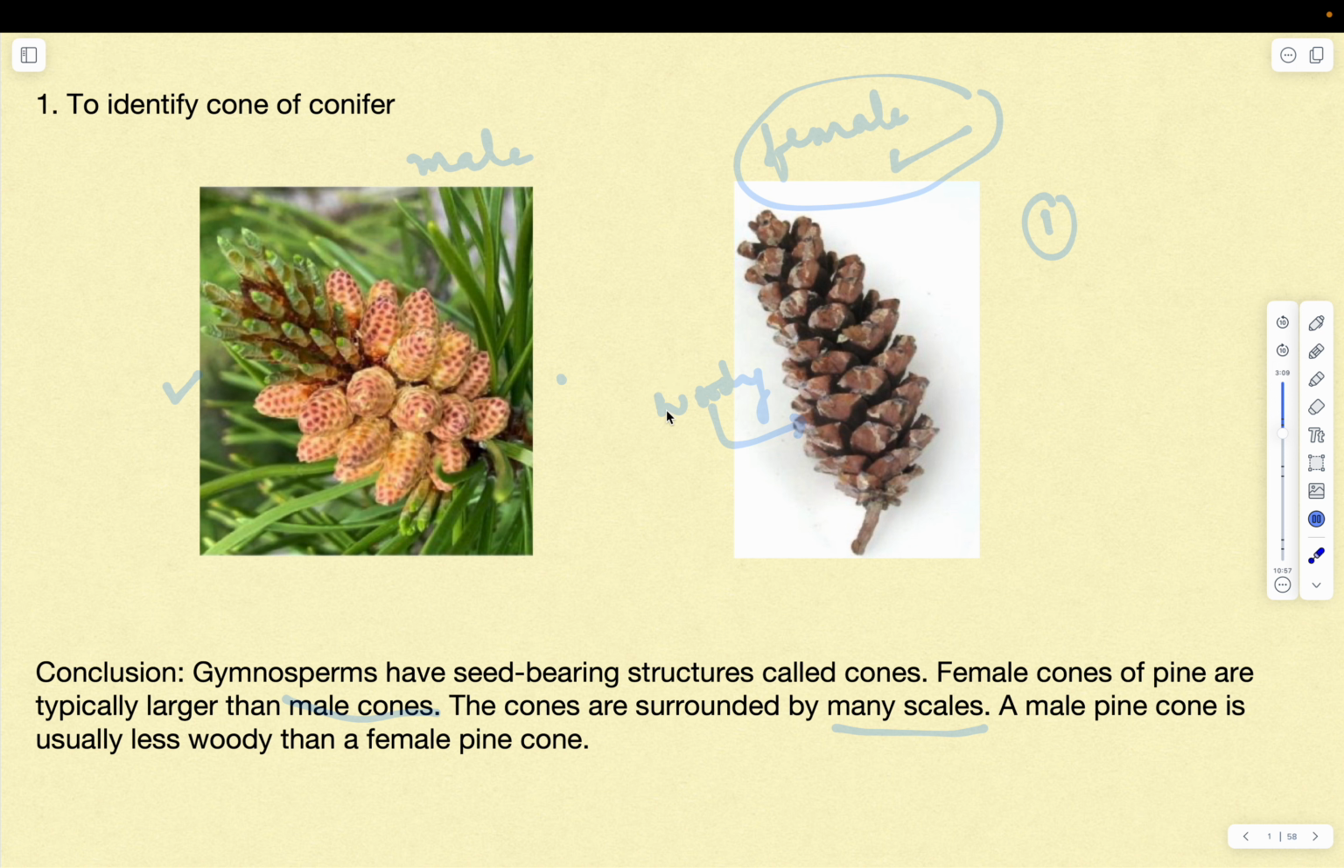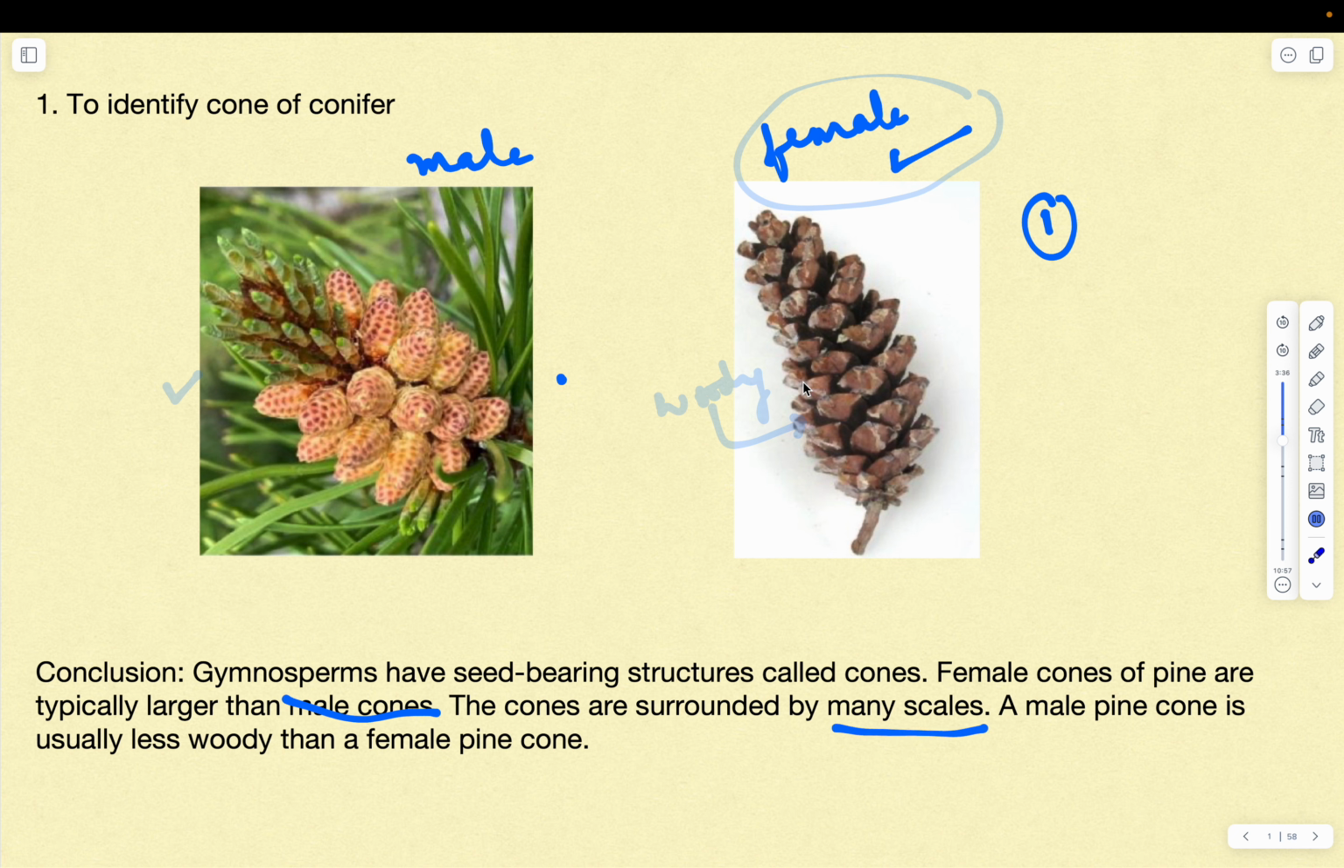So the point is, you should know the difference between the male and female cone. Female cones are generally longer than the male cones. So this is a male cone, this is a female cone. So the first point is the female cones are typically larger than the male cones, and the cones are surrounded